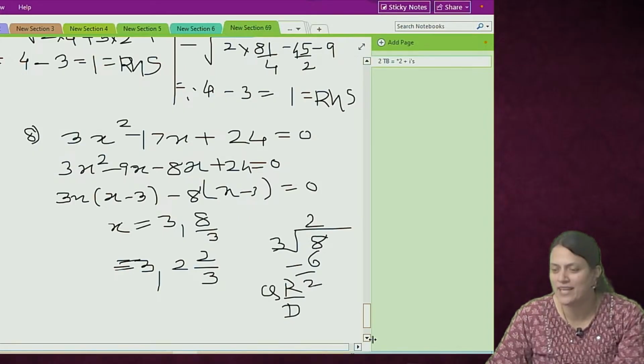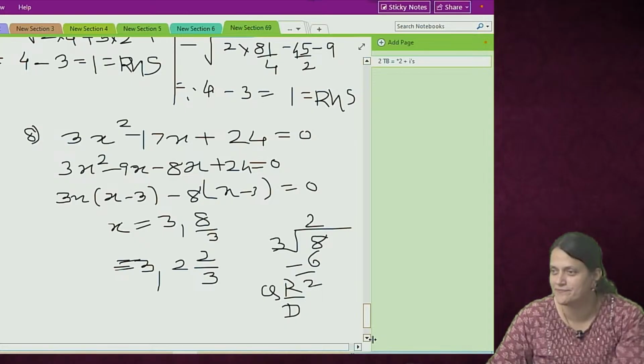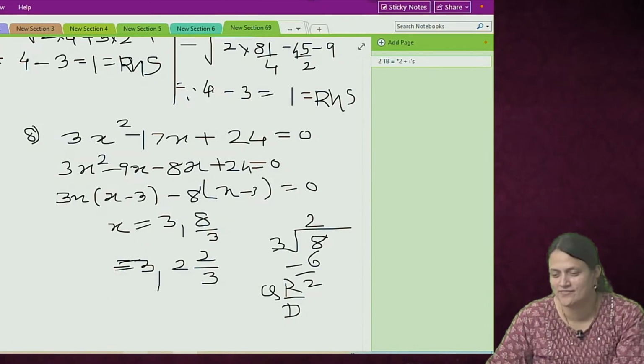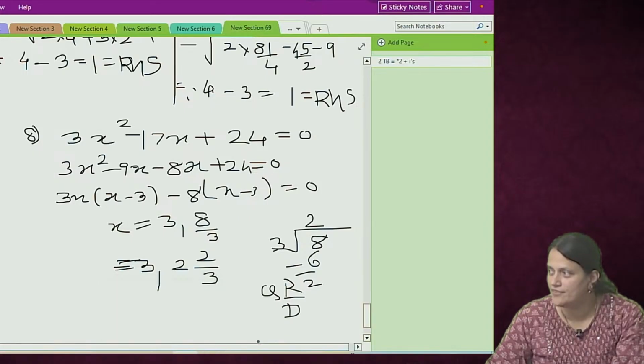फिफ्थ स्टैंडर्ड का बेस मैंने बोल दिया. फिफ्थ स्टैंडर्ड. ओके,